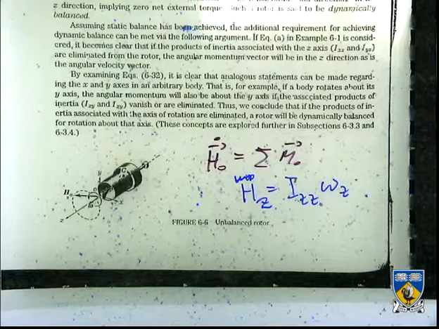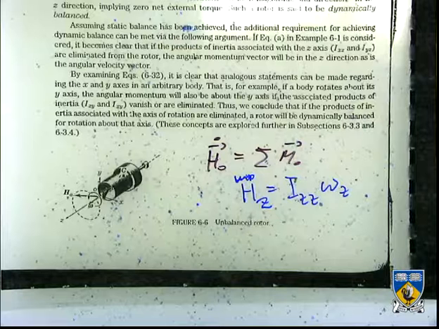Exactly. The bearings will have to generate reactions, of course, equal in value and opposite in direction. They must be equal in value and opposite in direction, because otherwise the net force would be non-zero and there would be acceleration of the center of mass and the thing would flow out, right? So